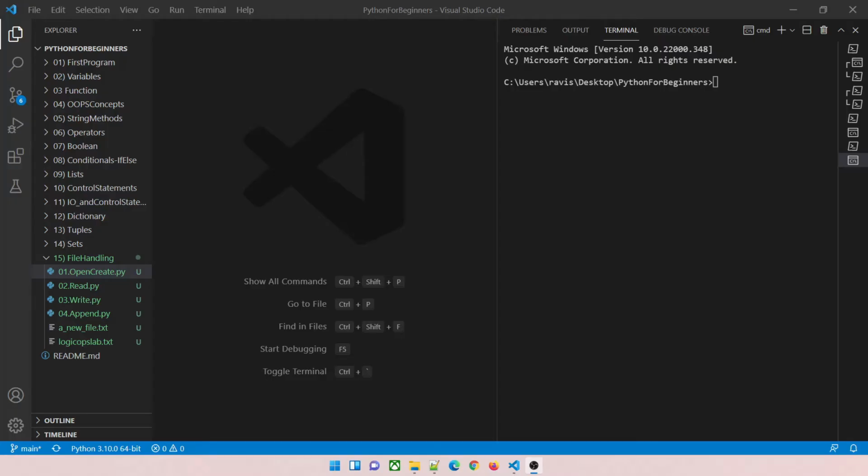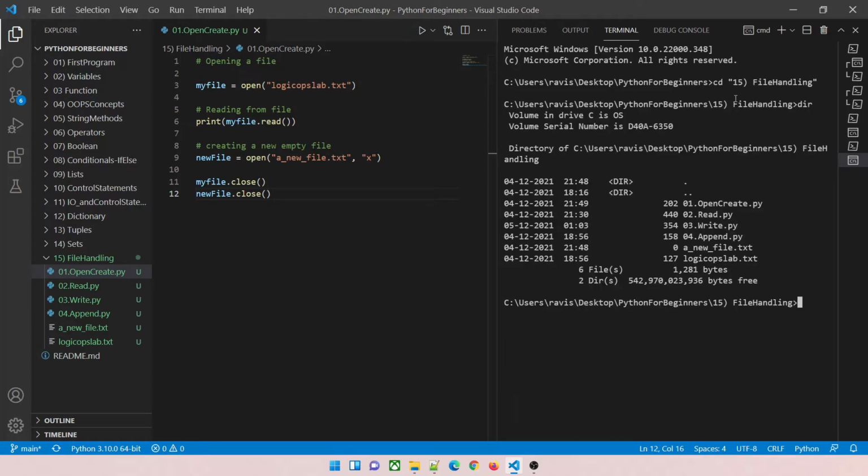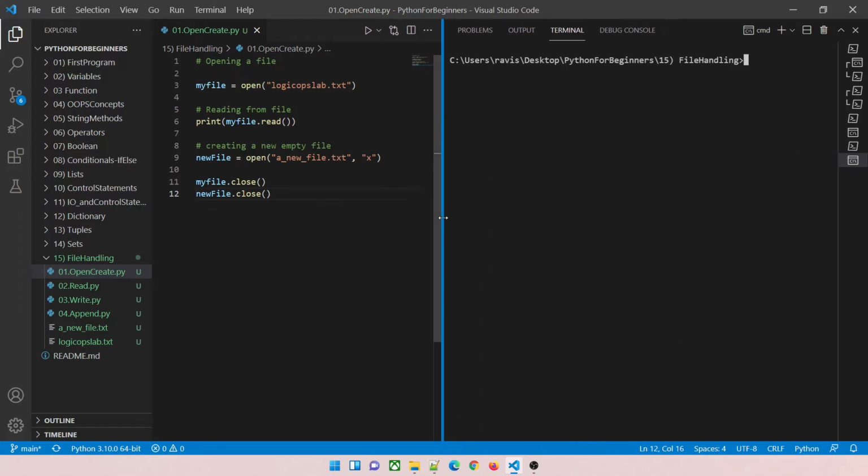Now let's dive right into the demo part. In the demo part, we're going to talk about open. This is the first program. I'll be checking in all this code into my repository and you can take it from there. Now I'm going to go in my terminal. I'll go inside 60 cd 15, which is the change directory, file handling, enter, and I can do a dir over here, and you can see that we are in the right directory. So let's just clear this and understand what exactly has been going on over here.